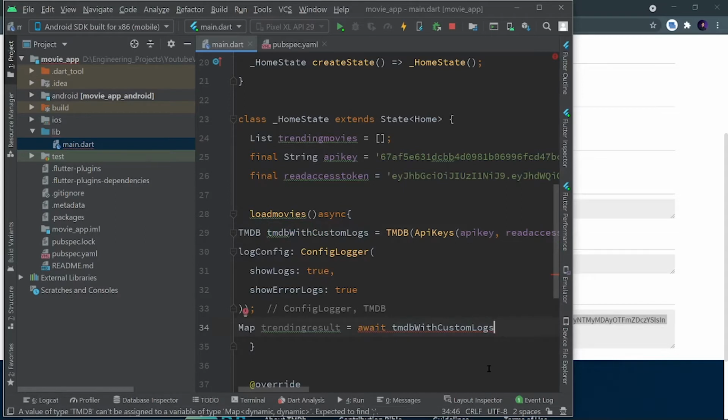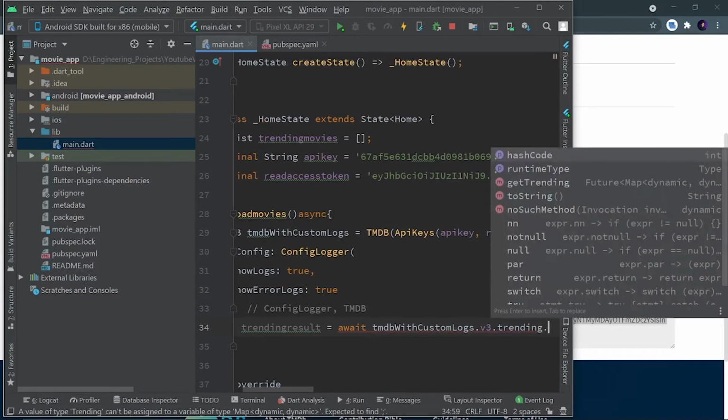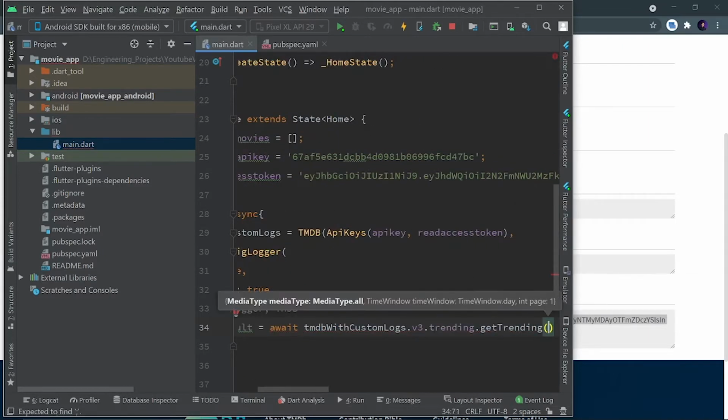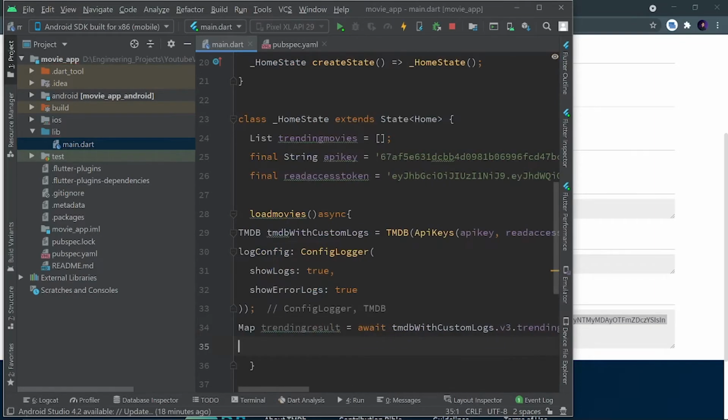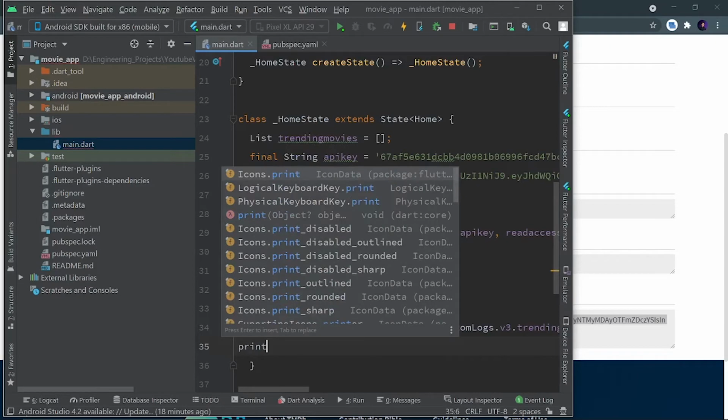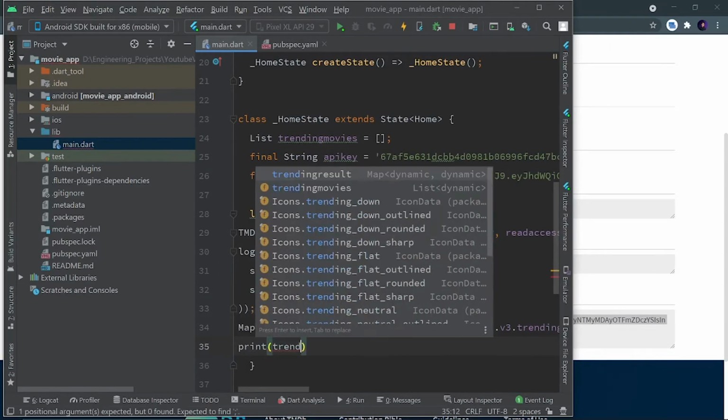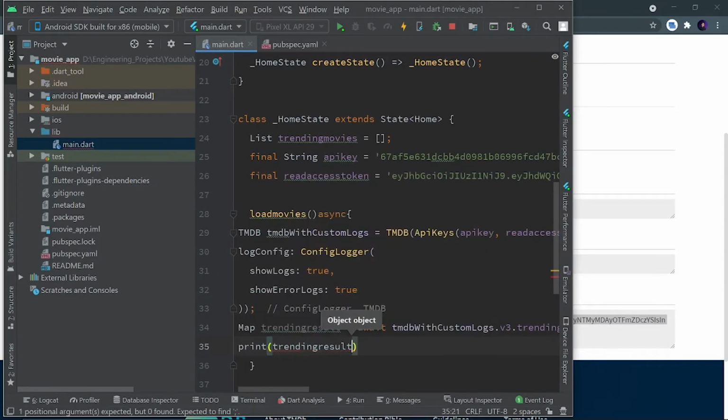And inside that we are having v3, then inside it we are having trending, and we can call get trending function. So this get trending function gives me the trending movies dictionary, right? So let's put a semicolon, and now let's print this map so that we can get what do we get. So print trending result, put a semicolon, right?